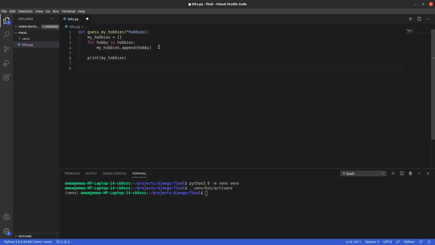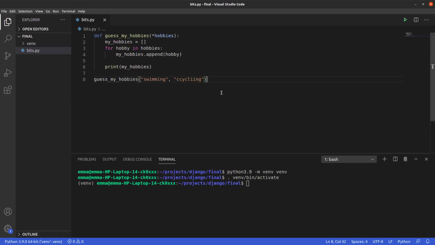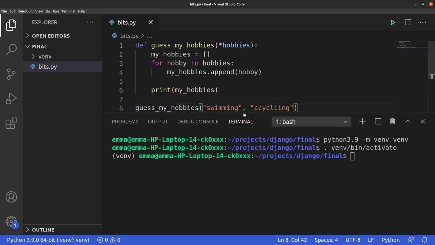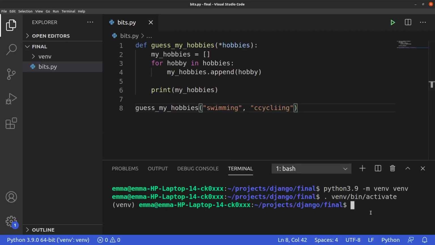Then down here we are calling the function, my hobbies, with comma-separated strings, maybe swimming, then cycling. Don't mind the spelling, but let me increase the font. Okay, running this should give us